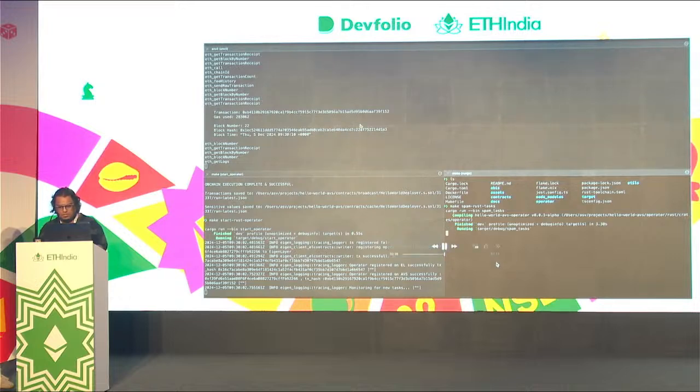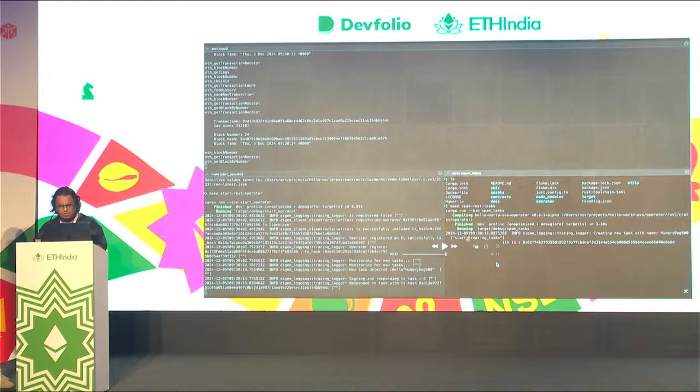Hello username example. So in a few seconds it's building. Here, as you see, it sent a task saying that Hungry Dog 500 is what I want the operator to respond. And that is the task that is sent on chain. You can see through Anvil that you have tasks registered and you have the response from the operator as well, which you see here on the bottom left screen. The operator received a new task, hello hungry dog, and it responded with the transaction hash.